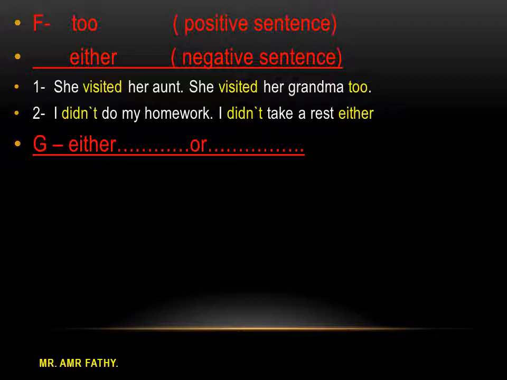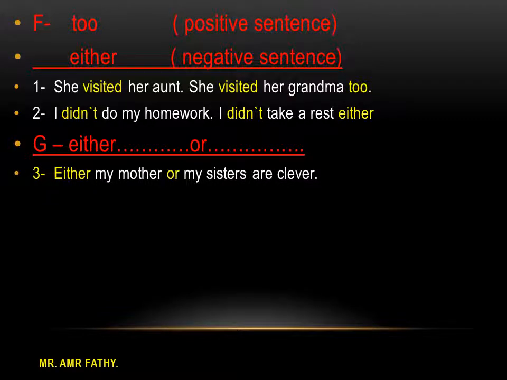Number 3, we can use either or. We can use what? Either or. For example number 3, either my mother or my sisters are clever. Again, either my mother or my sister are clever. So here we use either or. Then we have both and, neither nor, and either or. This is for either or, and as I said, if you have two different subjects, the verb here follows